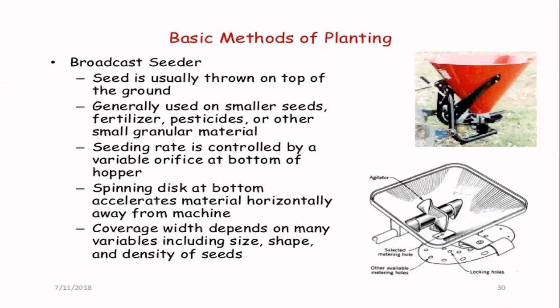You see behind, a little behind, where is the arrow mark? Yes, now see the one behind. You have holes in one plate. One plate is behind the hopper. In the second diagram, at the bottom part, you see one plate is rotating, having holes. These holes are at a uniform interval. So these holes hold seeds and drop them in the proper place.